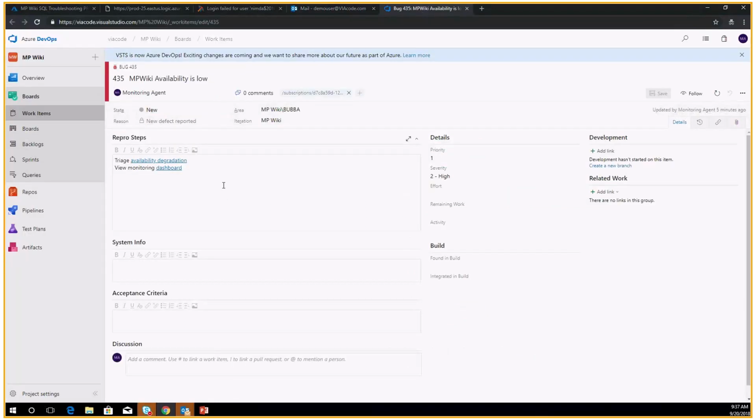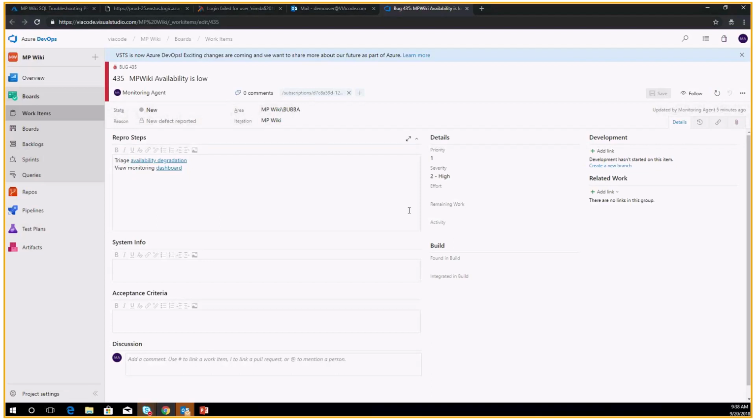So I go to my notification emails, and what you see in front of you is Azure DevOps Services. That's what we implemented for demo purposes to highlight the ITSM integration. In your organization, you might use ServiceNow or whatever system you use, and you can integrate with those systems using various out-of-the-box integrations or webhooks. So here we have Azure DevOps Services integrating with Azure Monitoring, and I received this